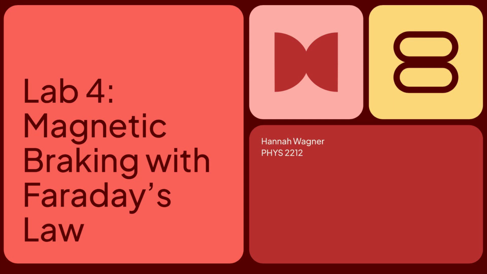Hello and welcome to my video lab report for Experiment 5 on Faraday's Law and magnetic braking. The primary purpose of this lab is to observe and collect real-world data of a powerful bar magnet falling through a conductive aluminum foil tube, model the physics computationally using VPython, and evaluate how the induced currents create a magnetic